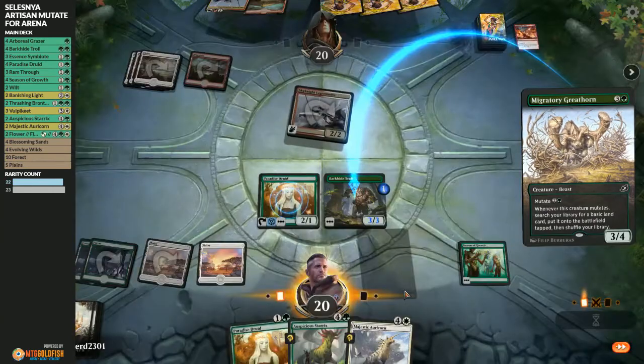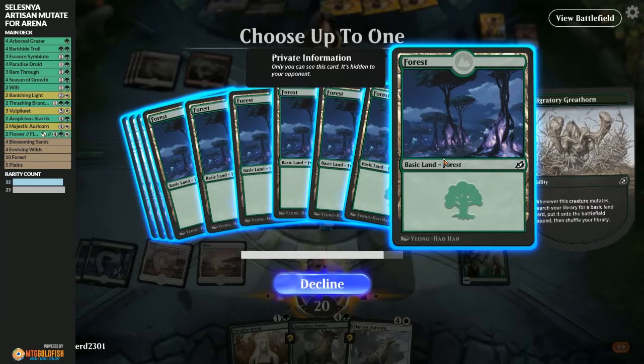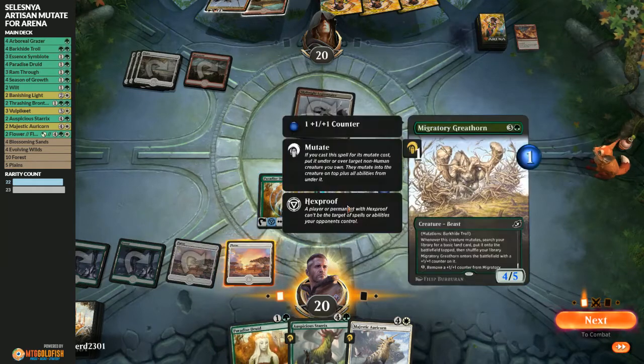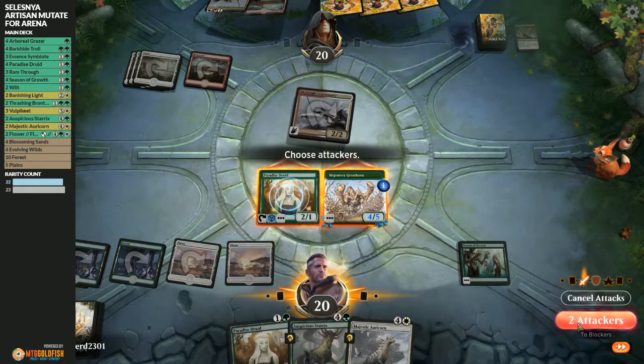Yeah, mutate over. And so yeah, get another land. Comes into play tapped. So we only have 2 mana. I want to hold up 1 in case our opponent has some sort of removal. In fact,